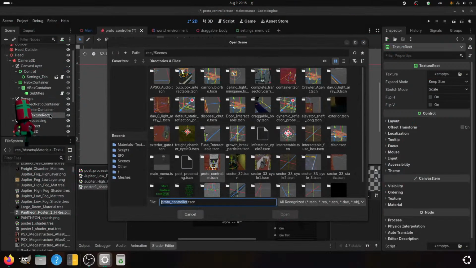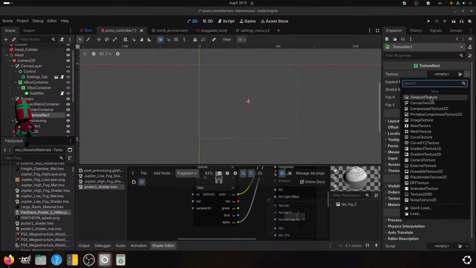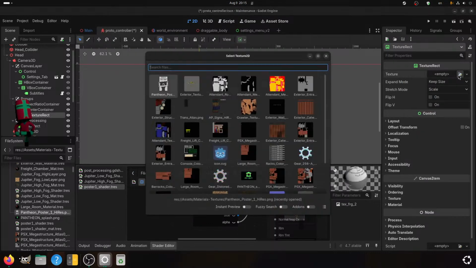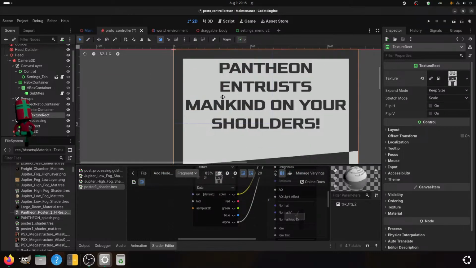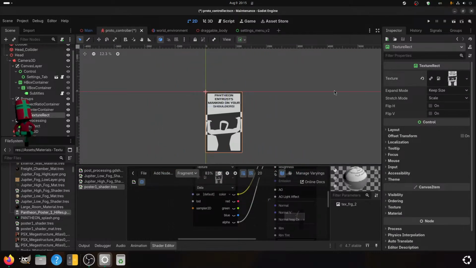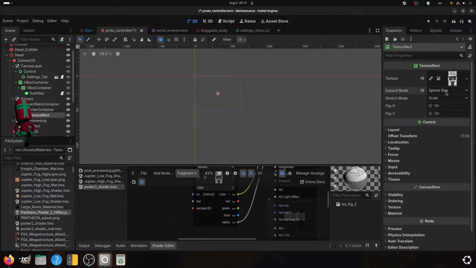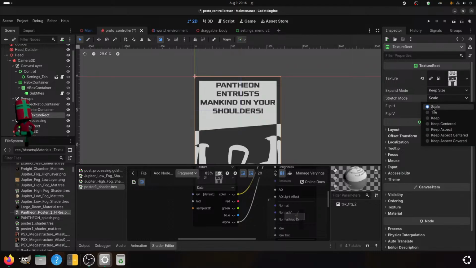Oh my god, there is. I am actually blind. Okay. Well, ladies and gentlemen. Keep size, stretch mode, scale.